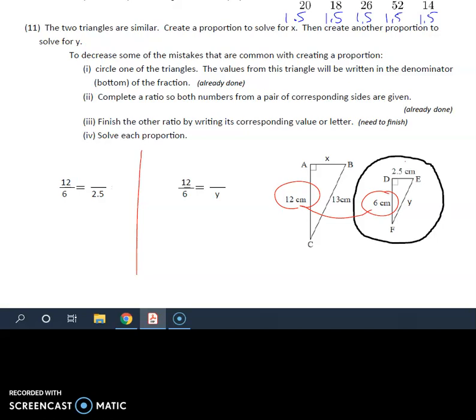So the 2.5, for example, goes to the x, and the y goes to 13. So I'm using the 12 and the 6 because I know the scale factor is 2. Pairing up a set of corresponding sides that have both numbers allows me to establish a scale factor from the start. So I'm solving the 2.5, it goes with the x, so the proportion